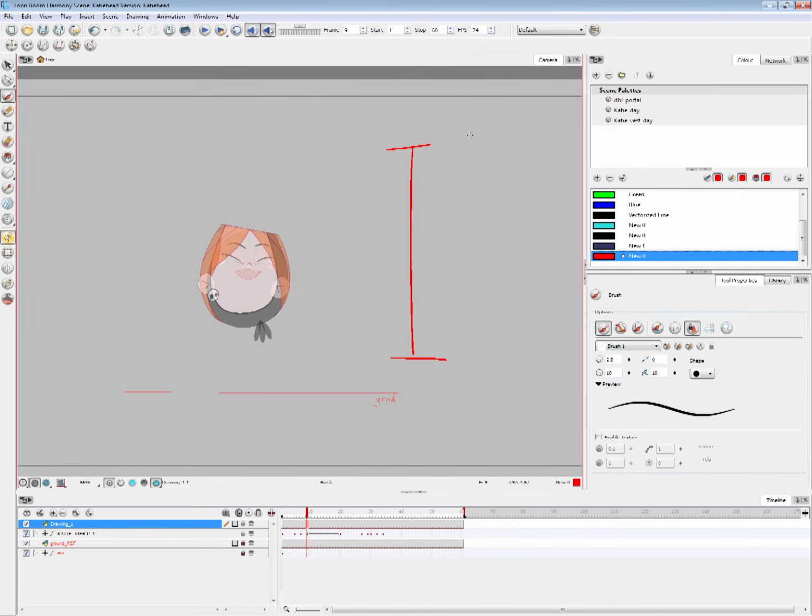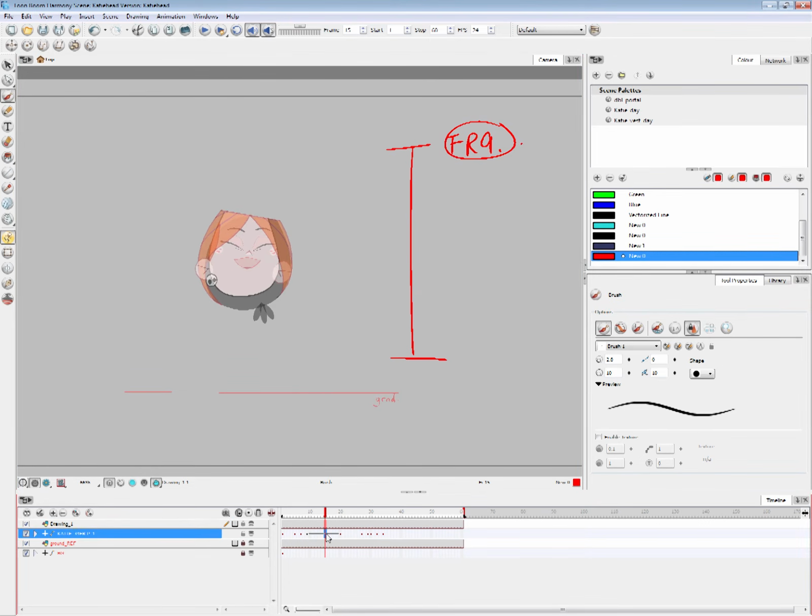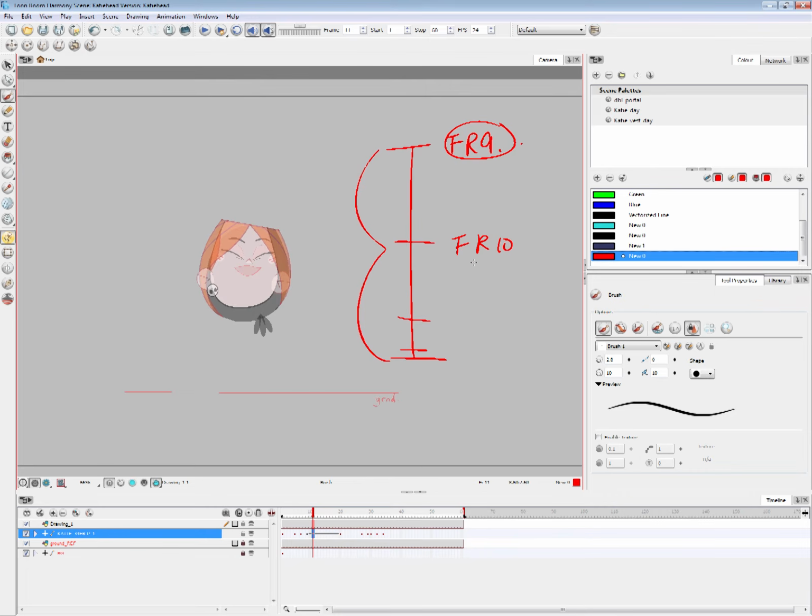Frame 9 is our key. And what's the next one? Eleven, 13. So this is essentially what we're doing.